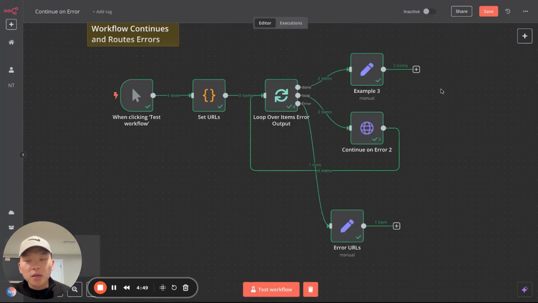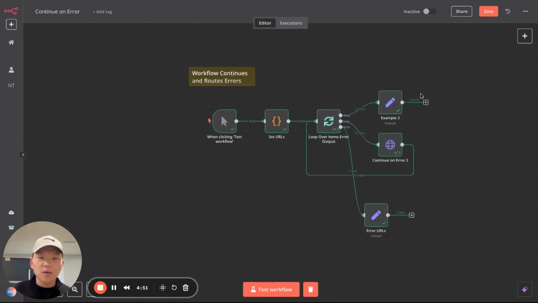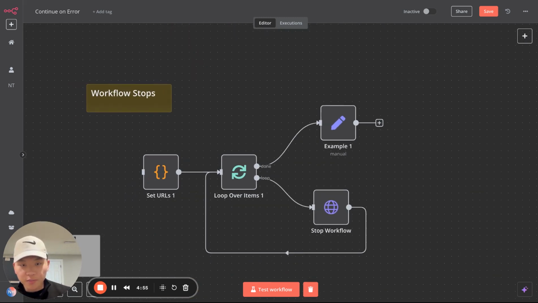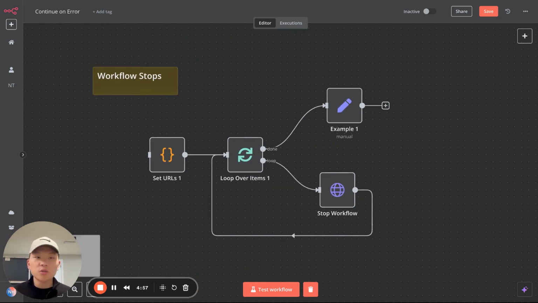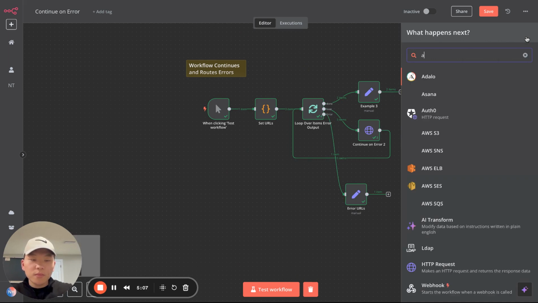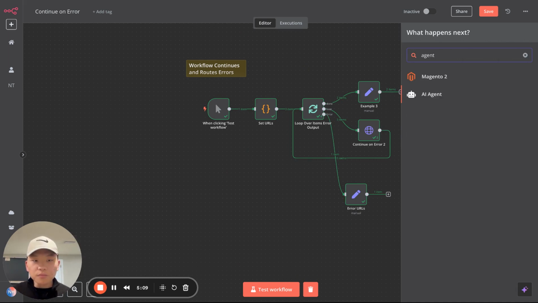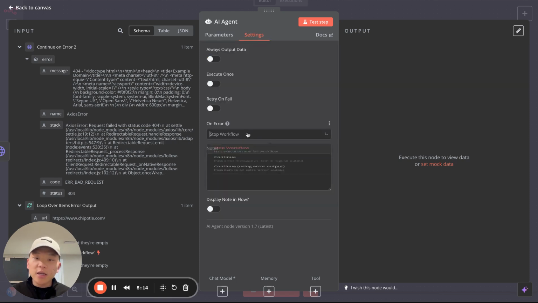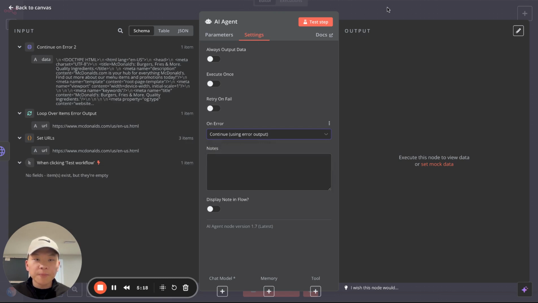So just a quick tip, which is something that in maybe your standard agent workflows isn't super essential. And maybe that's the reason why it took me a while to really understand what the setting was and find out about it, because I didn't have to use it too much in my standard agent builds. But when you really get into creating multi-agent frameworks where you have multiple agents talking to each other, it could be really helpful to be able to switch this to continue or even continue using error output, because that way,